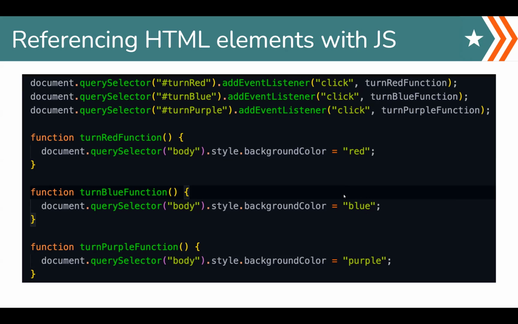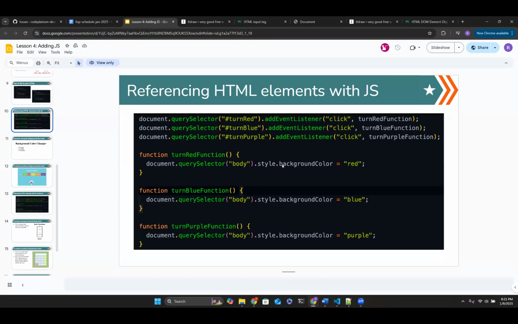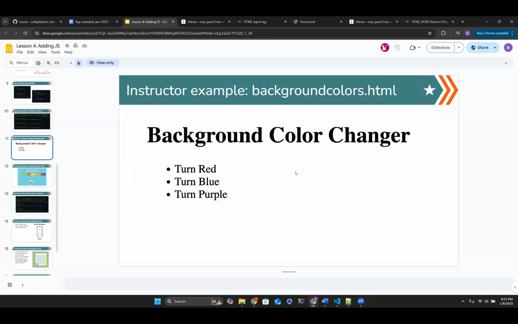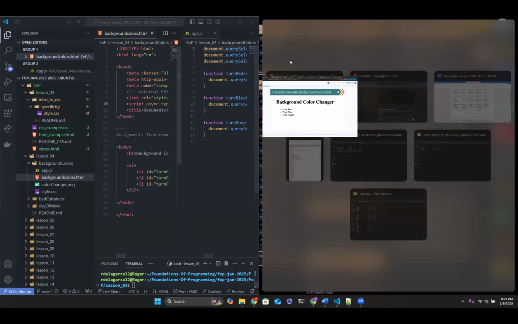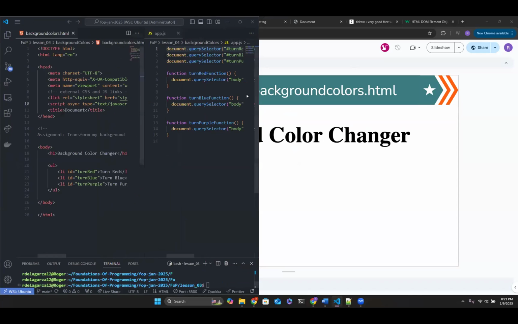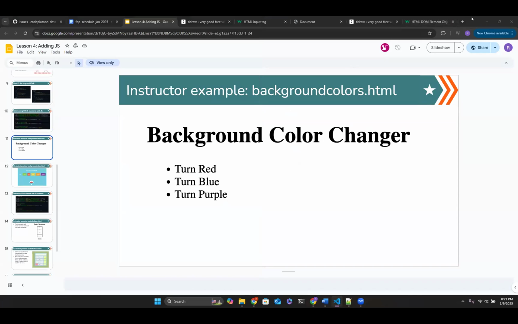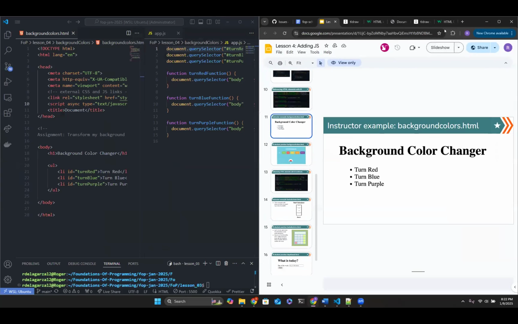Does everyone understand so far what this is showing before I move on to the actual code? Yes. Okay. That is compliant from the rest of you guys. Let's go ahead and move forward. The instructor example is the background color changer that I already had pulled up. Let's go ahead and put these here so we can see them side by side.